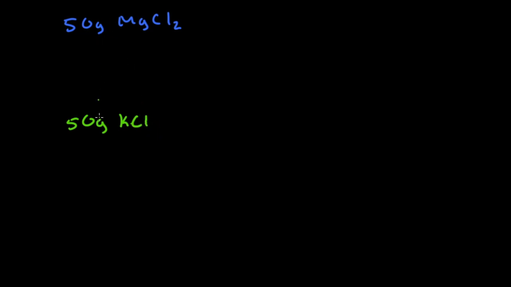If I have 50 grams of both of these, then let's find the percent composition of Cl in a mixture that has this amount of MgCl2 and this amount of KCl. If we get the percent composition of this Cl, it should equal the 60.4 that we got. So first I'm going to take this 50 grams of the MgCl2 and divide by the molar mass of MgCl2, which is 95. So 50 over 95 gives 0.5263,